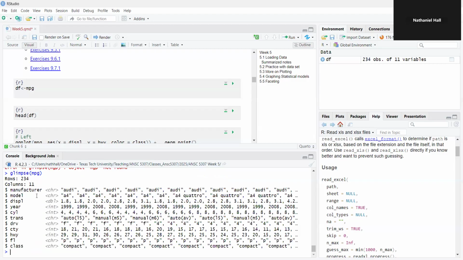based off of the manufacturer, the model, the displacement volume, so basically the size of the engine, the year of the vehicle, the number of cylinders, transmission, drivetrain, whether it's forward or rear or four-wheel, the city miles per gallon, the highway miles per gallon. And to be honest, I'm not sure what the FL is, but we won't be using that, so it doesn't